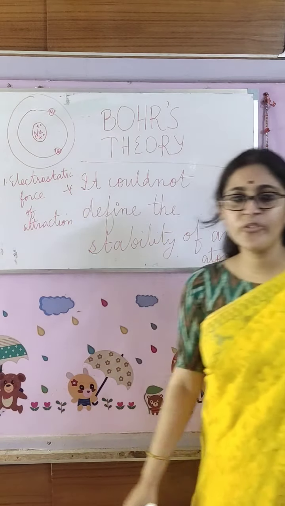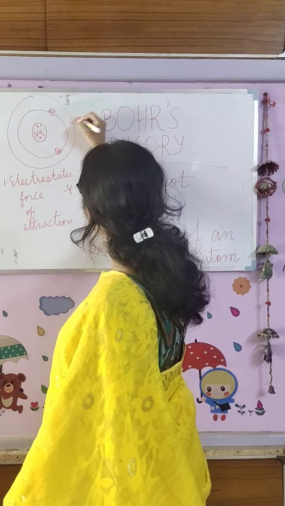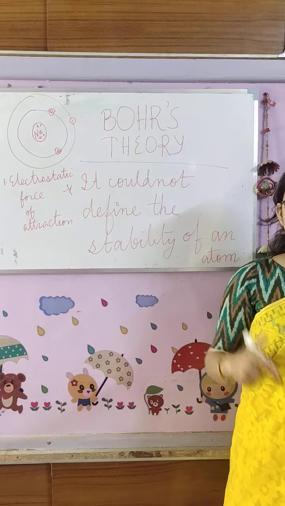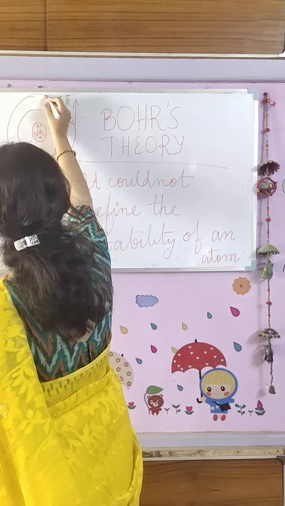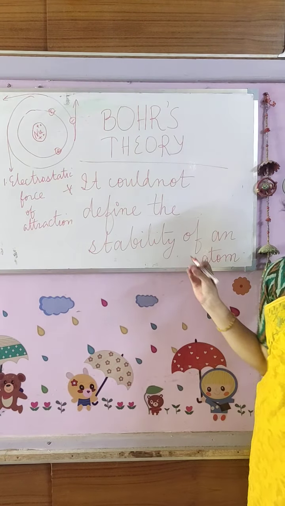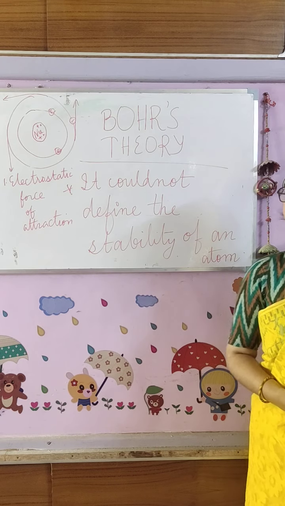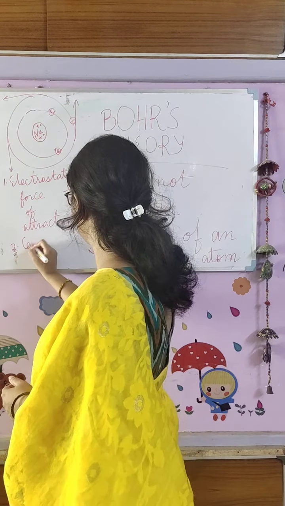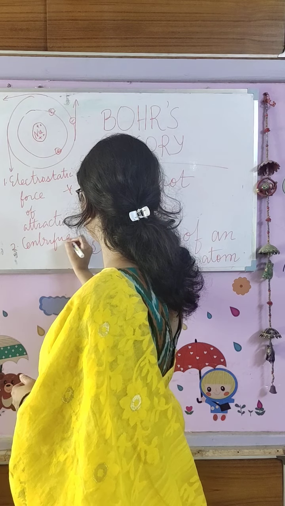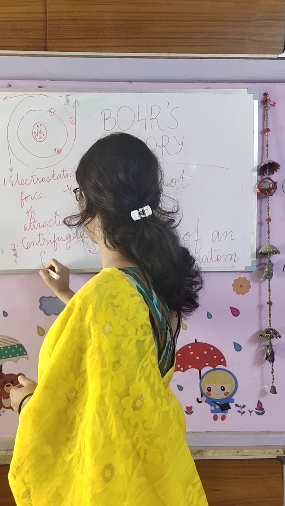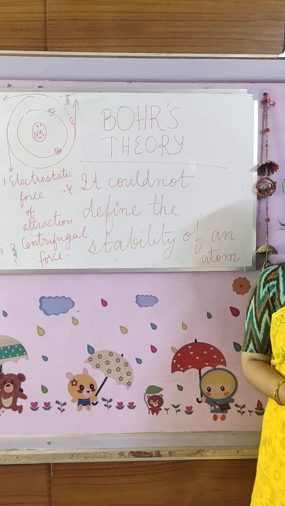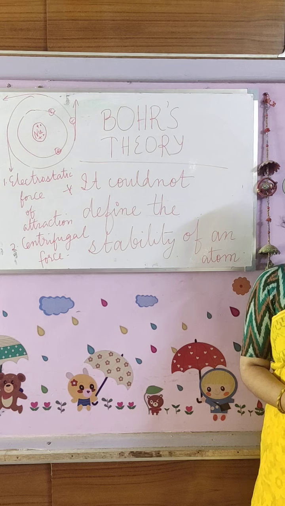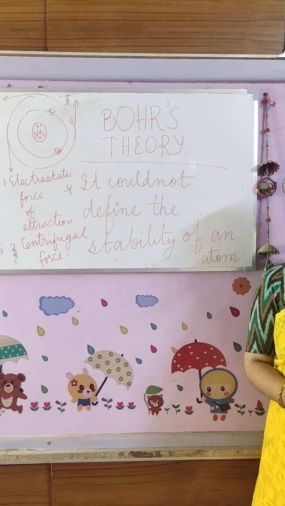And we know from physics that whenever any particle is moving in a circular path, it has a tendency to go outward, and that is known as the centrifugal force. So, the revolving electron has a force to move out of the orbit, and that is the centrifugal force. According to Rutherford, the electrostatic force of attraction was balanced by the centrifugal force and an atom is stable.